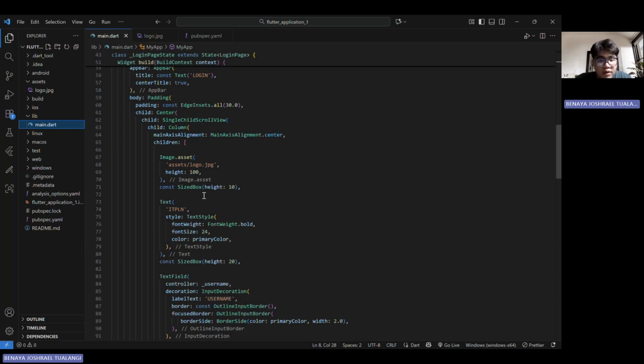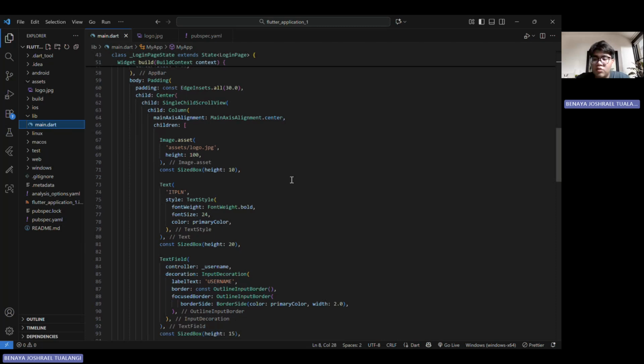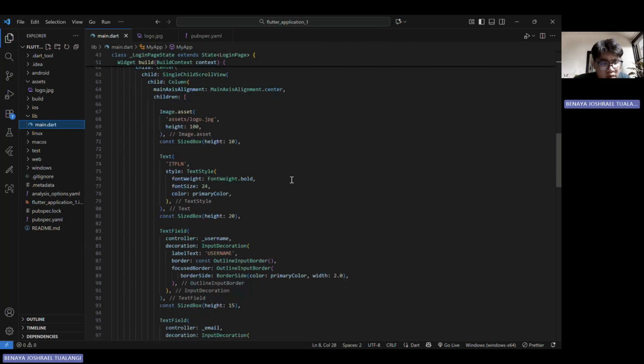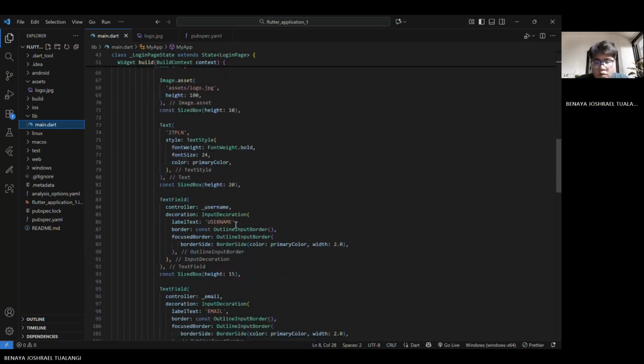After that, we have Text ITPLN with a text style. It displays the institution name, which is ITPLN, styled using the retrieved primary color. After that, we have lines 83 to 87.